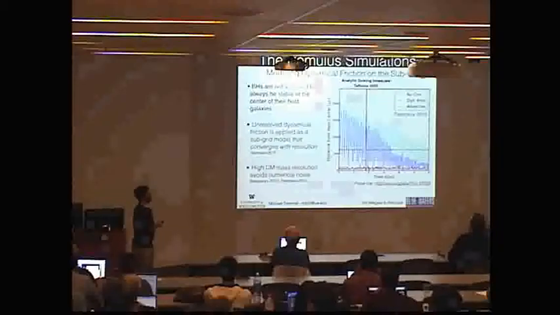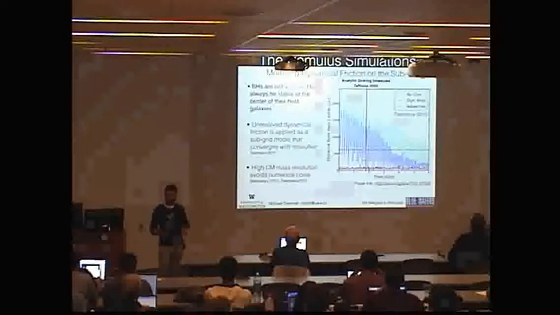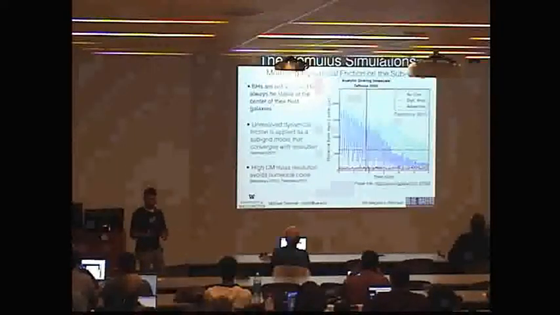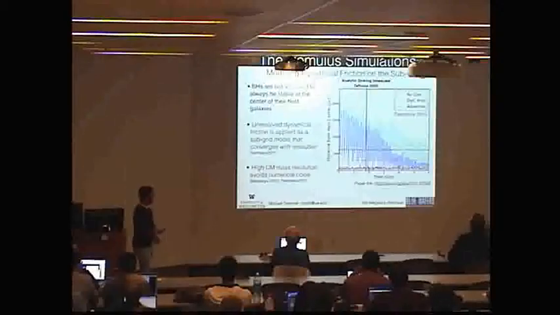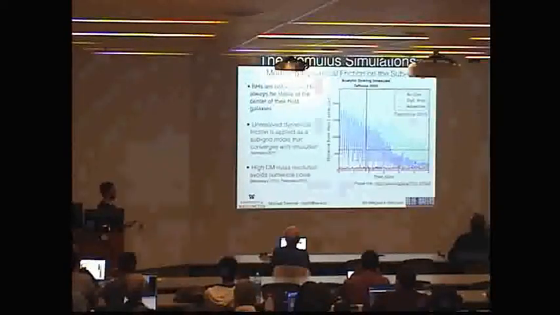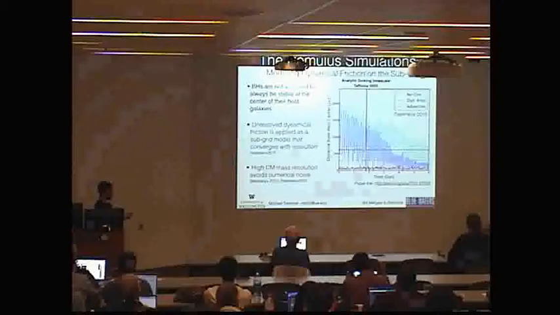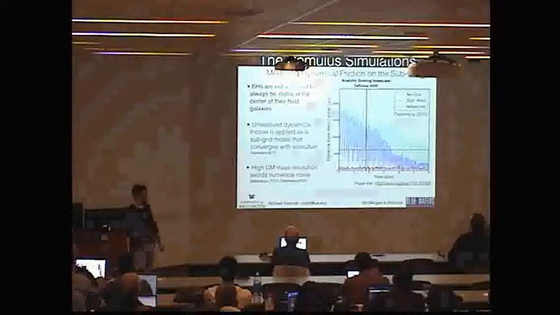So I showed in my 2015 paper that it's possible to implement a subgrid model that accounts for the unresolved dynamical friction that a supermassive black hole should feel in a cosmological simulation, so that you get realistic sinking times for those black holes. This is an example test case where a black hole is in an isolated halo on a 2 kiloparsec orbit, and it evolves through time, realistically sinking on a timescale similar to an analytic solution.